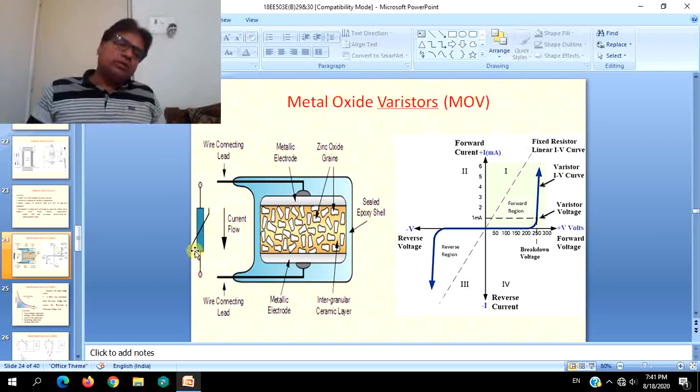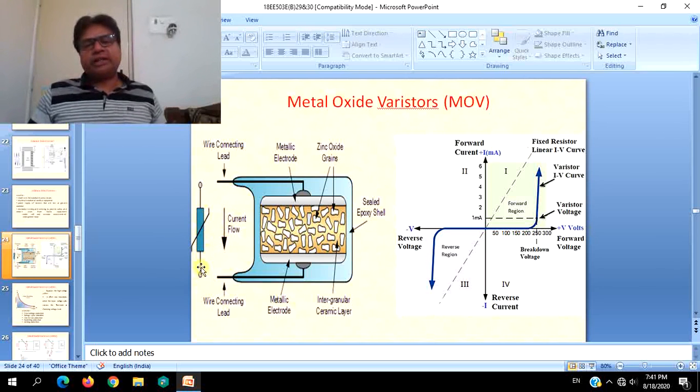Just see this line which is shown like an extended or enlarged Z. It shows that it is a bidirectional device. It can conduct in both directions. MOVs are the simplest and easiest procedure for avoiding voltage spikes and transients. So how will they operate? As the name indicates, their resistance changes with the voltage.